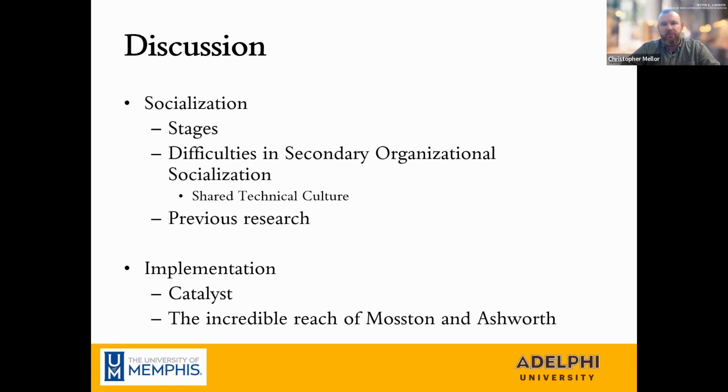So moving more towards the implementation side, for more than half of the participants, being able to implement the spectrum with undergraduates really didn't occur until secondary organizational socialization. Their conceptual knowledge of the implementation with K through 12 students was firm, but they suggested it took some sort of catalyst to find its place in their teacher identity and their current curriculum. Among these were finding research that coupled models and teaching styles, attending conferences, presenting with Sarah Ashworth at conferences, continuing research with graduate students, and overall being mentored by other scholars.